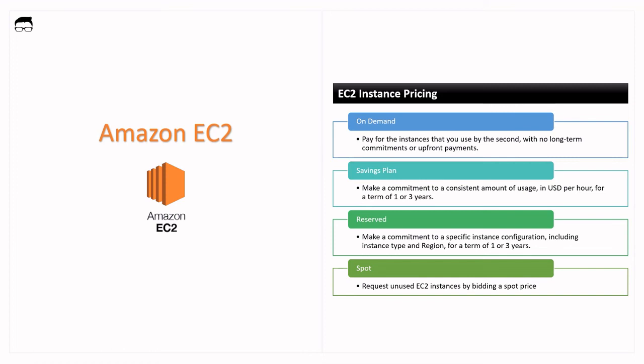Reserved instance, you make a reservation for a specific instance configuration for a period of minimum 1 year or 3 years. Finally, spot pricing. There are some unused instances which you can use by bidding a spot price. And if you win the bid, you can use those instances. Even here, you don't have a long-term commitment and you have to be flexible on the timing front for these kind of instances. There is a fourth category called savings plan,